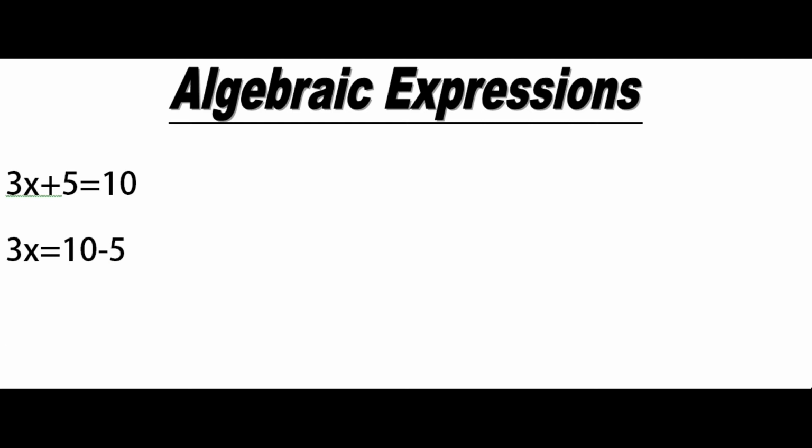In my next step, I will write 3x, put an equal to sign and 10 minus 5 is 5. Now I have to find the value of the variable. The variable here is only the x, not 3x. 3 is the numerical coefficient. So I have to remove 3 from x in order to get its value. Now 3 and x, you can see there is no sign in between them. But when there is no sign between the constant and the variable, it is always a multiplication sign. So 3 is being multiplied with x in this case. What I will do is remove 3 from x.